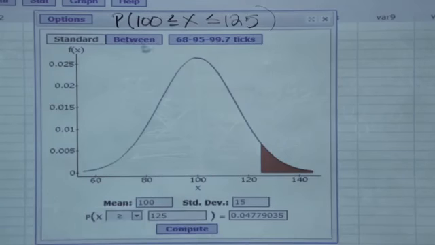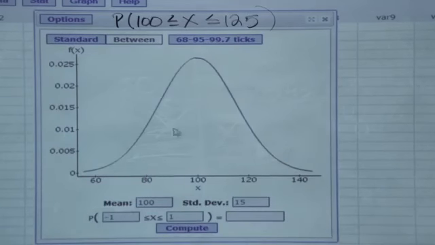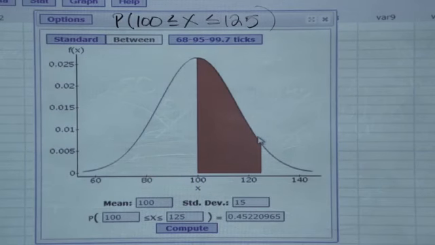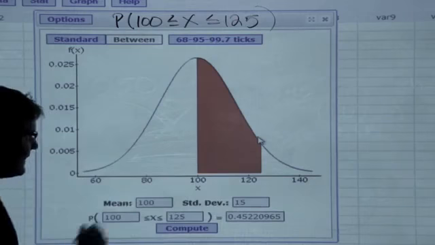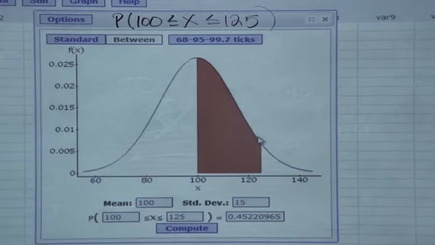Same question. I switched it in between. The mean's 100, the standard deviation is 15. I would like to go from 100 up to 125. And you should test before you make a video to see if you get the same answer. But what the heck? 4522. I sure hope we said that before. I think we did. You can see it shaded it. This is very intuitive. It makes sense, right? And so that red stuff shaded is about